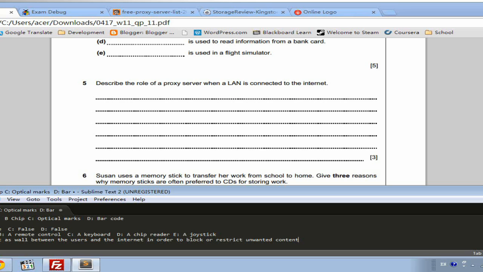Okay, so this is one of many answers. So it's a web server that acts as a wall or acts as a barrier, buffer. We'll go with buffer because that's the one that's in the answers here. Acts as a buffer between the users and the internet in order to block or restrict unwanted content. So we've got 3 marks there,